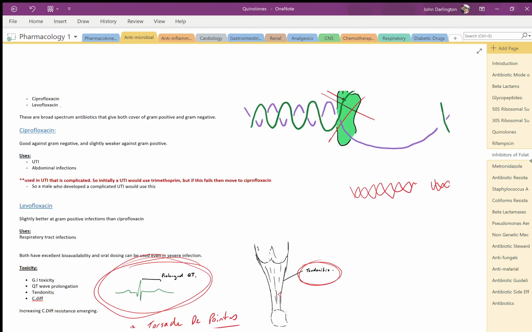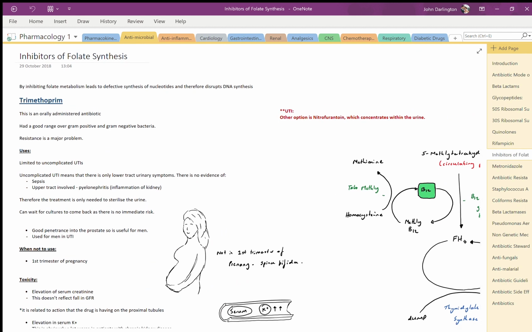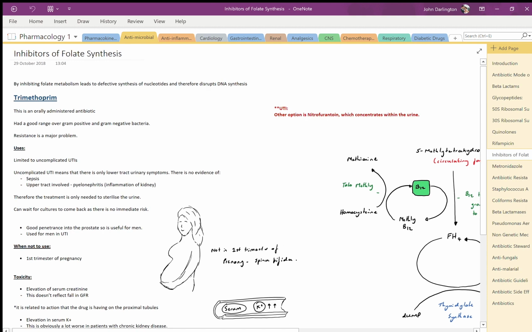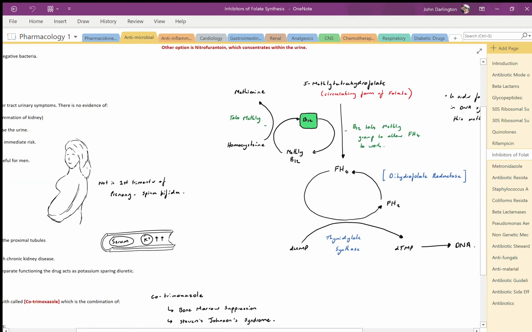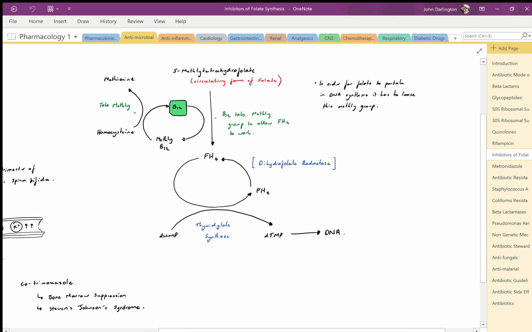I'm going to go to inhibitors of folate now, because this is an important drug to be aware of. This one's called trimethoprim. To understand this, you just need to know that folate synthesis is really important for DNA synthesis, especially through this enzyme called dihydrofolate reductase. I would never get bogged down memorizing this. Anyway, the point is that folate is really important for DNA, and the reason why is